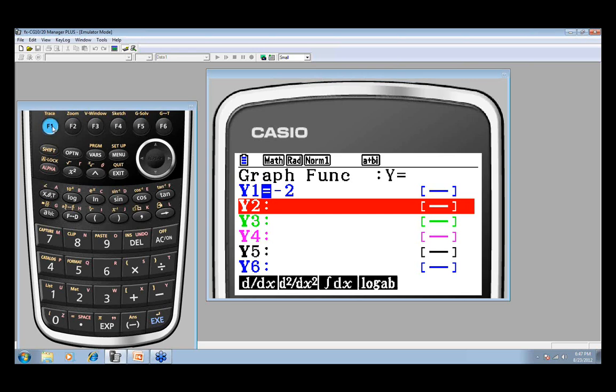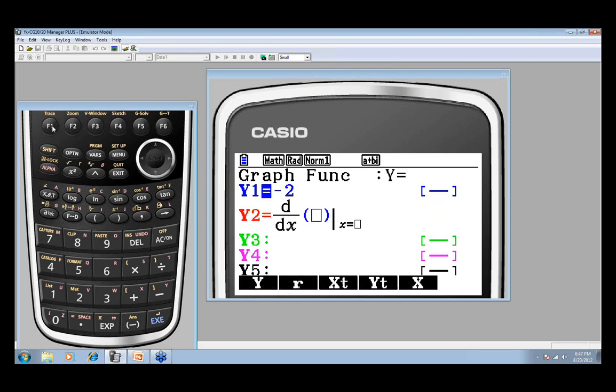We're just going to investigate the first derivative right now. So I've got the first derivative, and in this box I want to pull up y1. So I use the soft key. There's my y. I press F1 to pull up function 1, and I press 1 so it knows I'm wanting to take the derivative of y1. We do not need to put anything in this box because we're not finding the value of the derivative at a point. We're actually graphing the derivative.